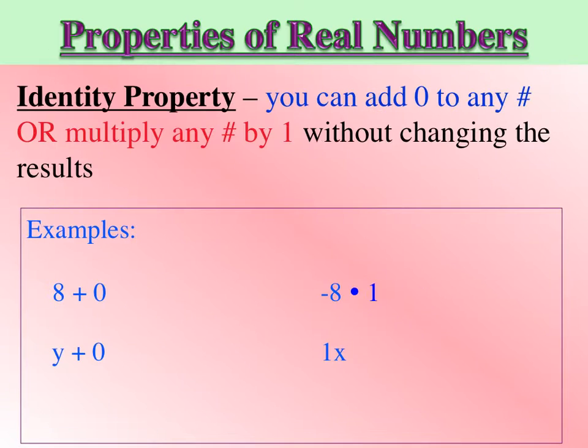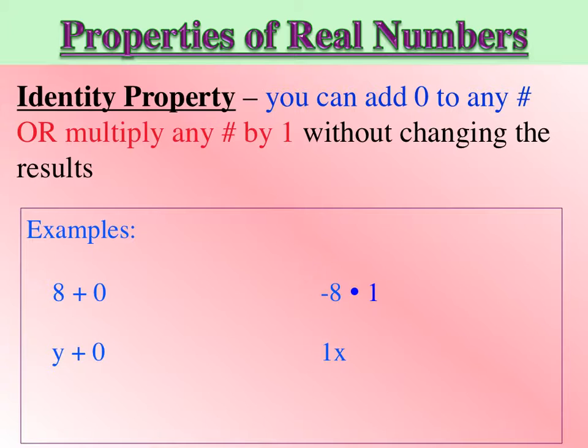Okay, next property is identity property, and this can be used for addition or multiplication. I put the definitions in different colors, so you can add 0 to any number. That would be your identity of addition, and multiplication would be to multiply any number by 1, and then both of these share the ending without changing the results. So you can add 0 to any number without changing your answer, or you can multiply anything by 1 without